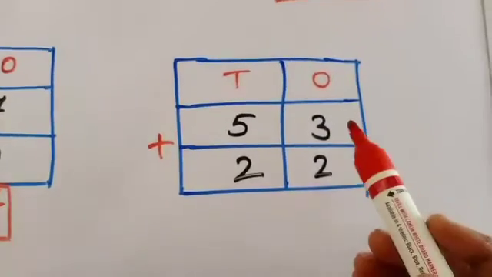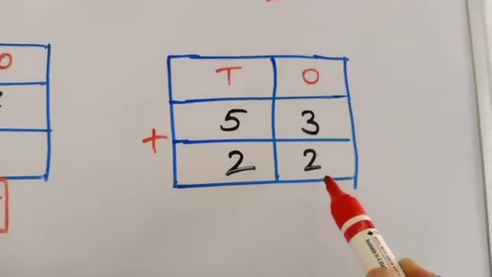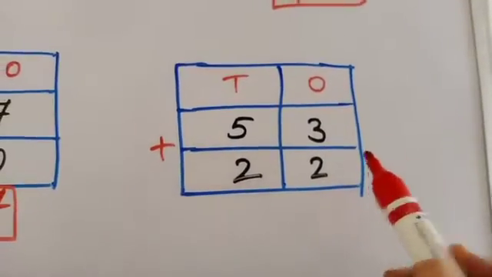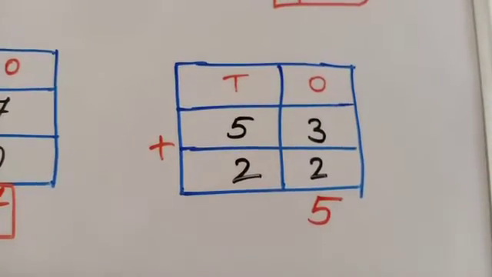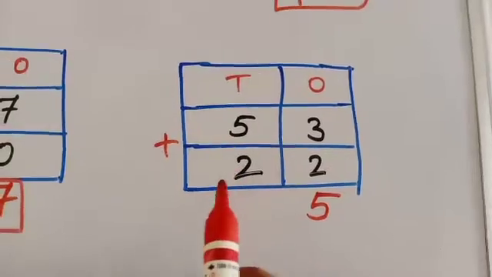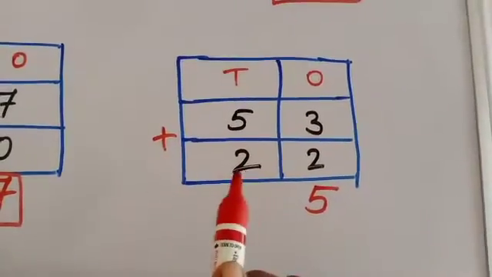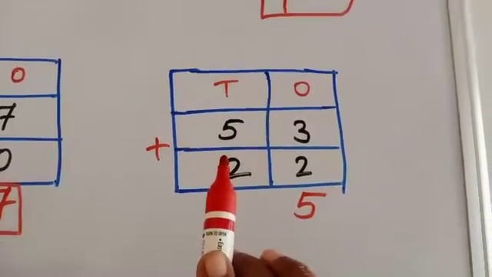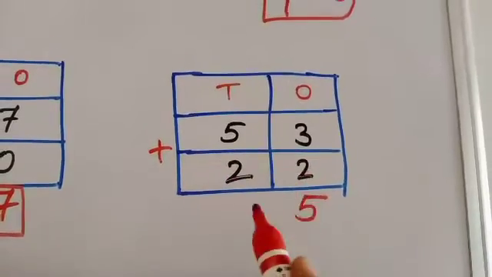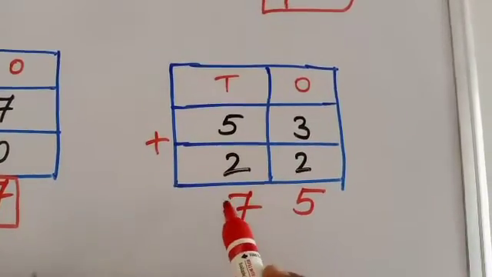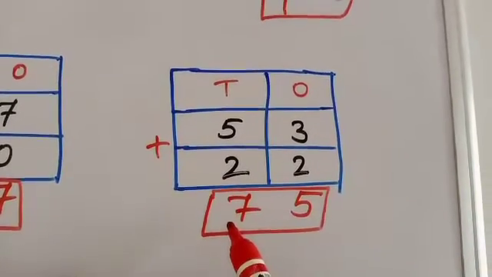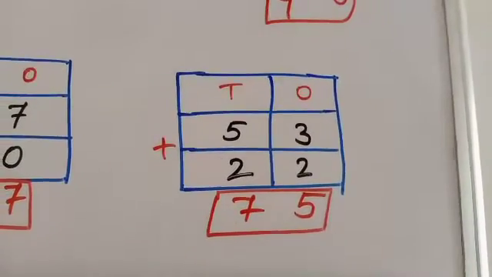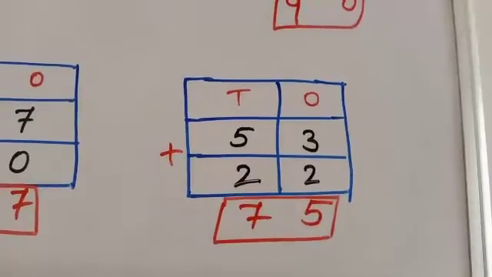Okay. Yes. 3 plus 2, how much children? 3, after that 4, 5. So let's write here 5. And next is 5 plus 2. 5 should be in your mind, 2 should be in your hand. So 5, after that 6, 7. So what is the answer? 75 total answer. Okay. Yes. Let's move to the last one.